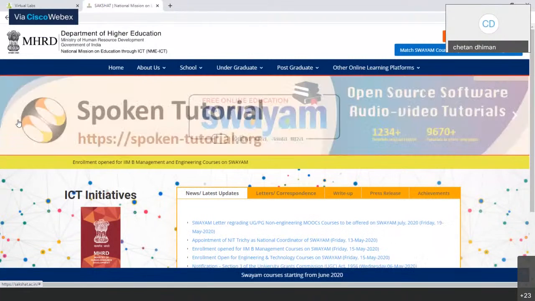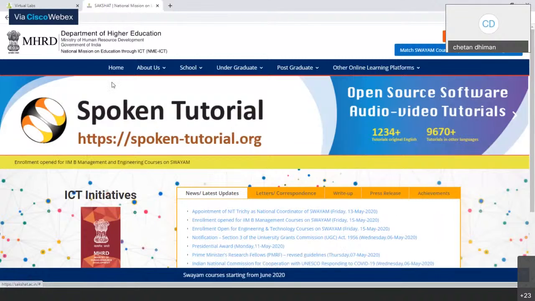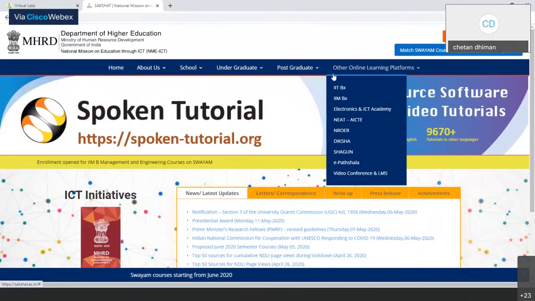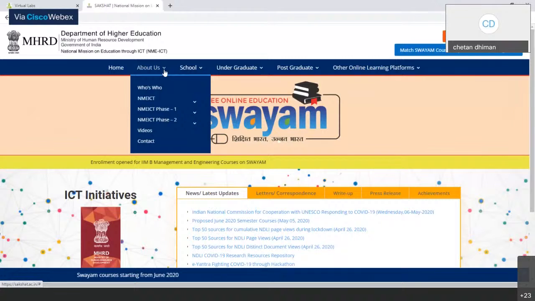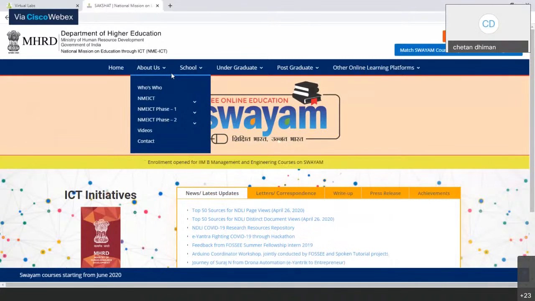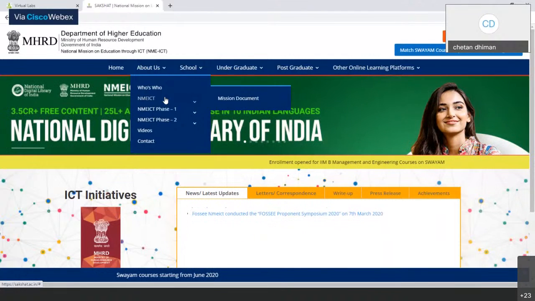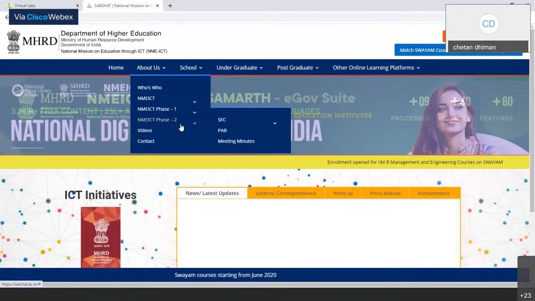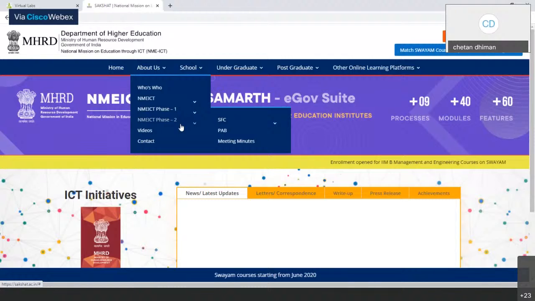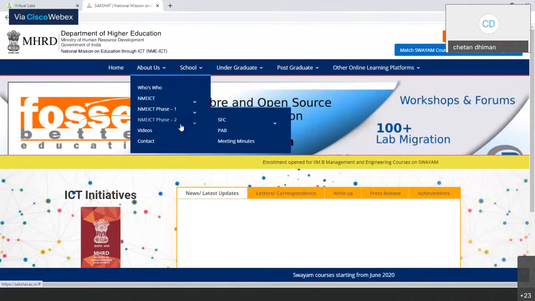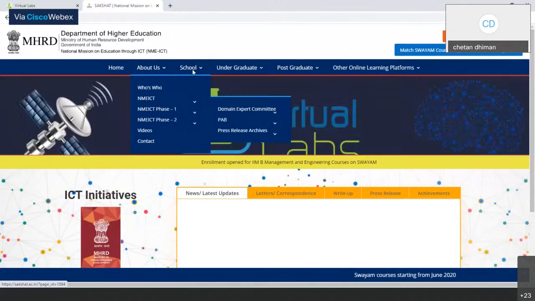Here you can see that there are so many flags and so many options in which you will find some projects like NMEICT mission documents. What is the mission? Phase 1, phase 2, the description of all the information related to that particular mission.